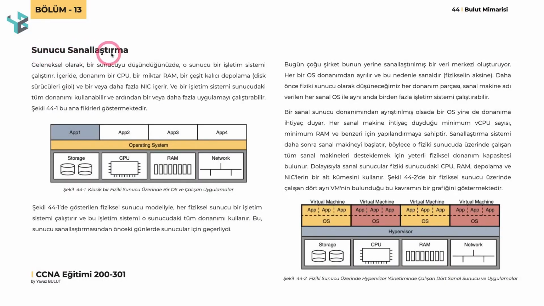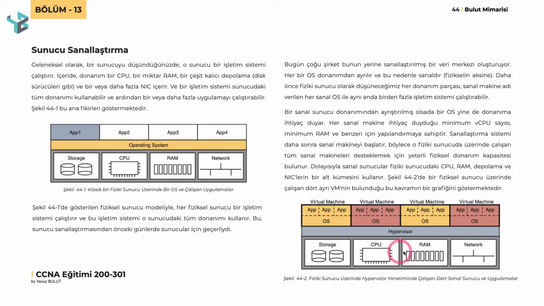On this page, let's talk about server virtualization first. When you look at the figure here, you can see a classic server. You can use it by installing the operating system and the applications you use on this server. In our classic server, we have a hard disk, a CPU, a RAM and a network card. We install the Windows Server operating system or Linux operating system and the applications we use on this hardware. As an example, we use it by installing an accounting program, ERP program, CRM programs or various applications.